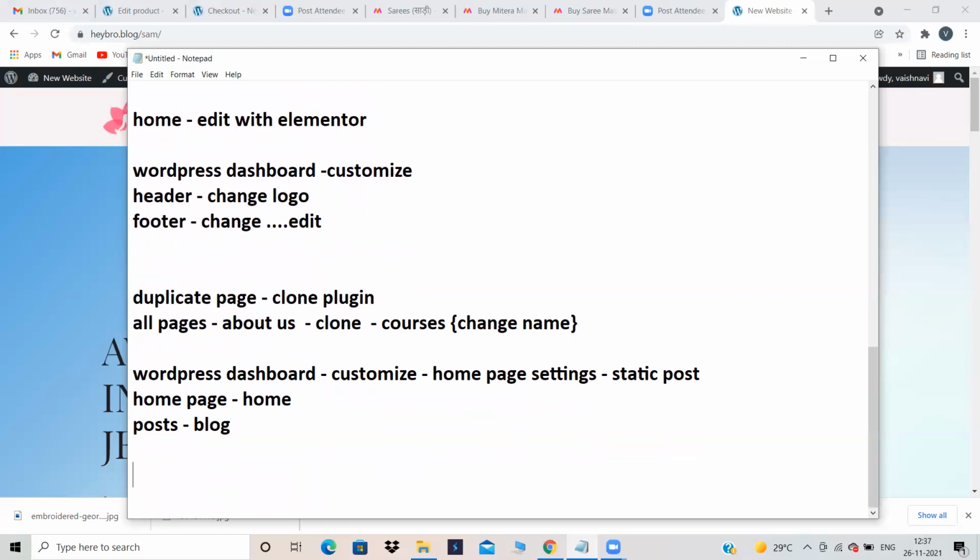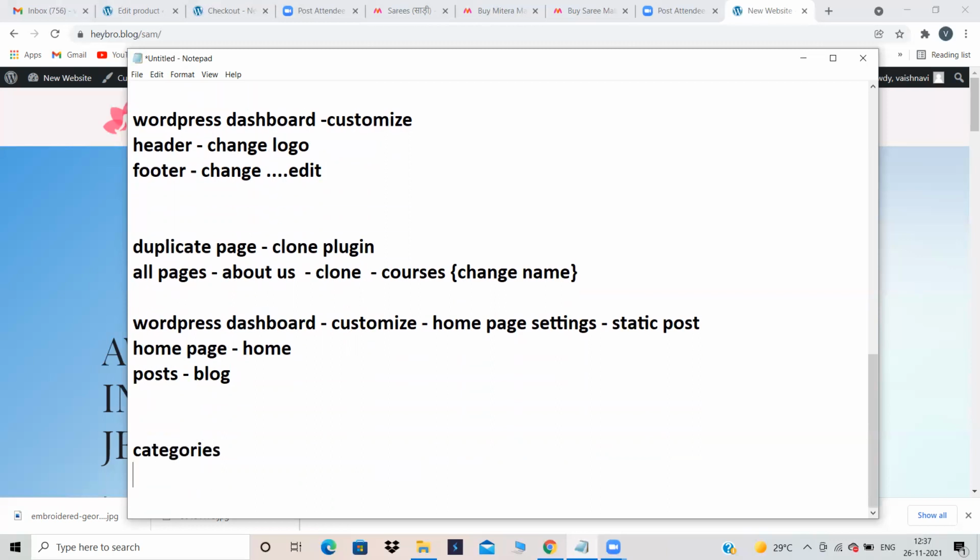And what are the 2 important steps when you create a blogging website? Always give categories and featured image. Yes. And do not add your post to the menu. See, always add categories to the menu, because hundreds of posts will be there and you cannot add hundreds of posts to the menu. So always add categories to the menu. If it's completely a blogging website, directly add categories to the menu.